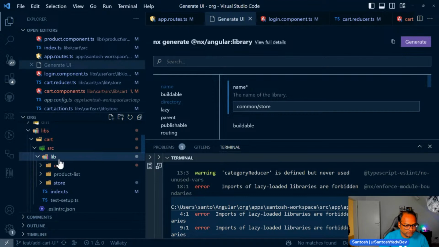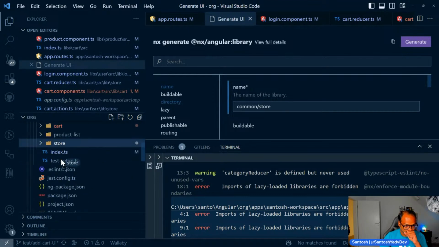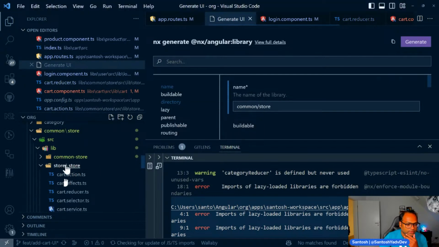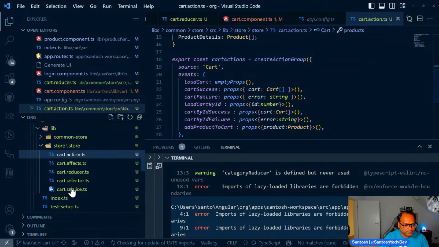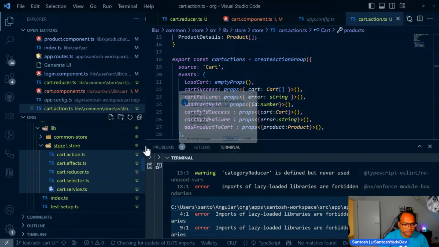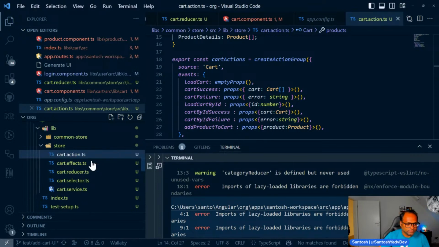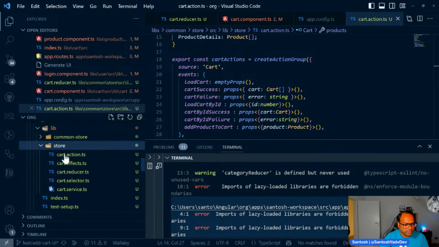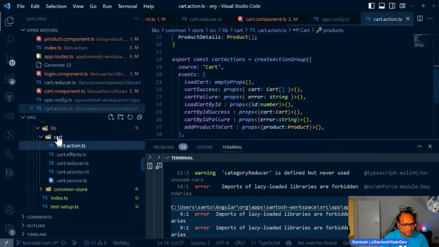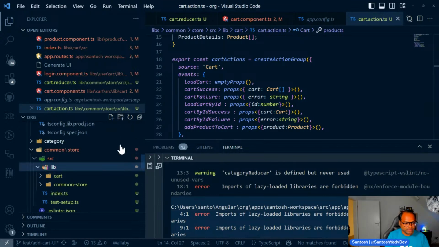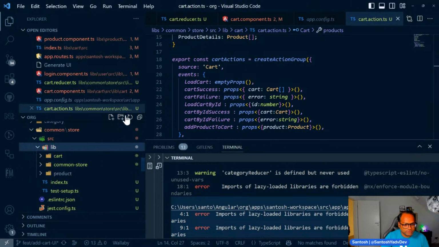Category is okay. We don't have to do anything. So this one, and what we can do is, rather than creating a separate store folder, we can actually rename it. Let's move this, because we are already inside lib, so we don't have to do this. And here I can name this, this was cart, right? So we can export like store slash cart, and then we have another folder, not inside cart but inside lib, and let's call it product, and the last one is user, right? So user,